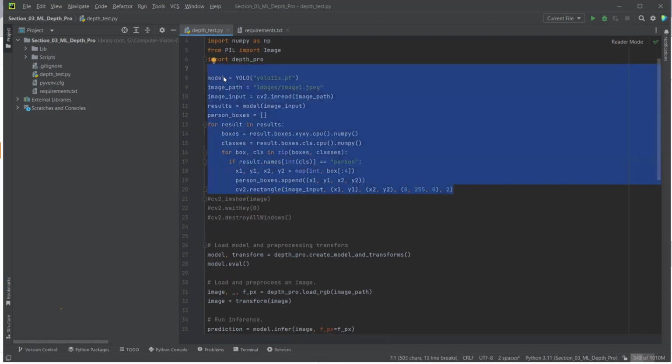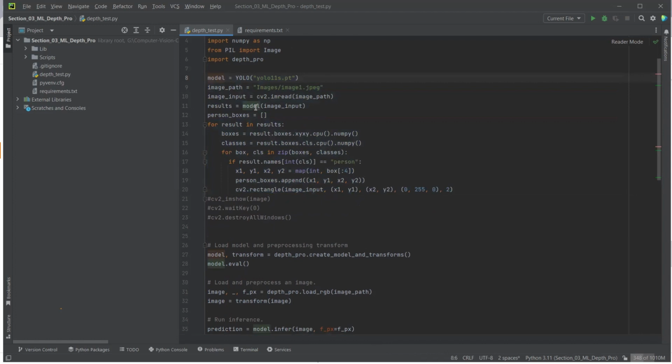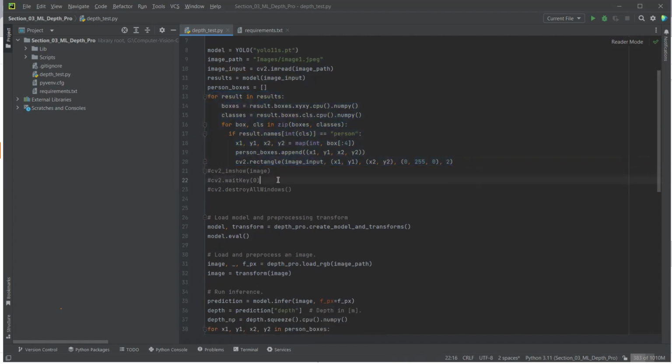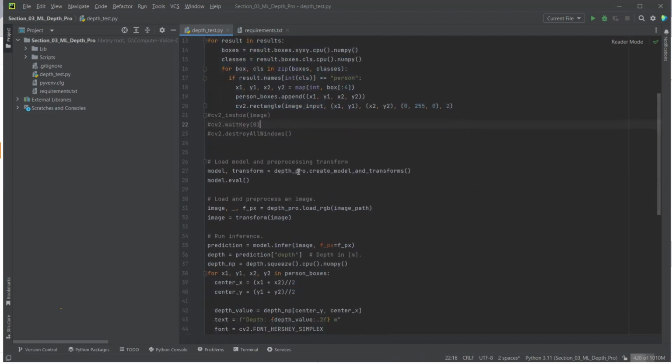We are just initializing the YOLO11 model. Then using the YOLO11 model, we are doing predictions, like we are finding out what different objects we have in the image. And then we are saying that if there is a person in the image, then only draw bounding boxes around the person. So next, what we are doing is loading the Depth Pro model